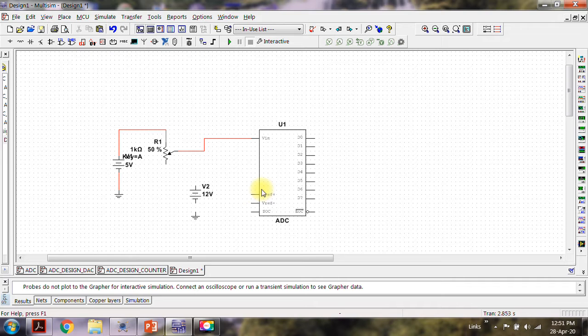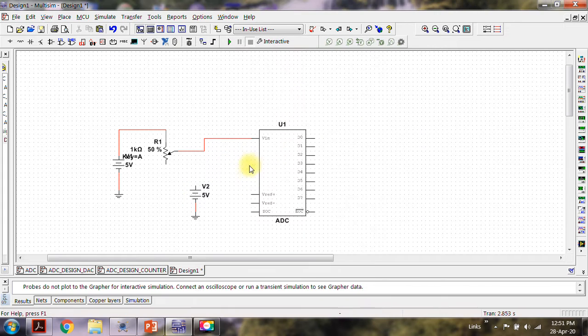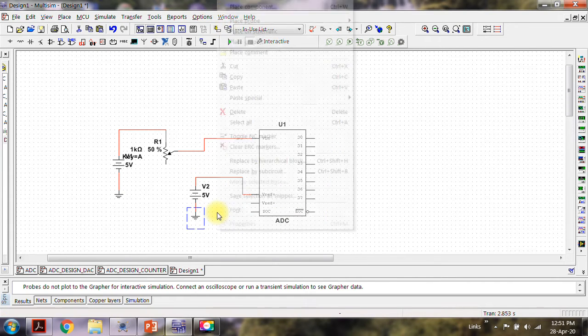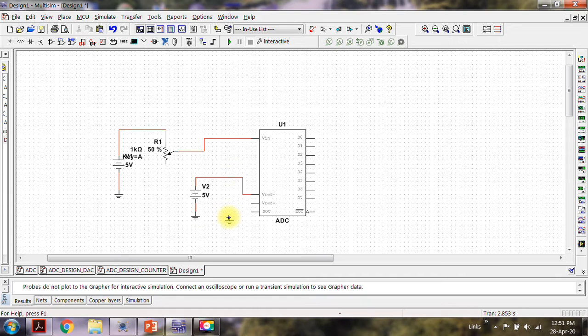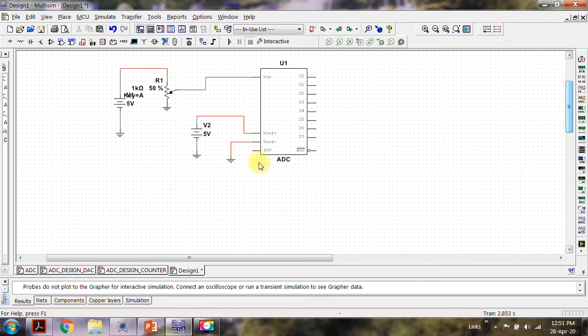This is the simplified model of the DAC of the ADC. This is going to be your reference. Again, the same value as 5, and this is going to be VREF is ground. This SOC, start of conversion, has to be triggered, so I'm going to give a clock over here.